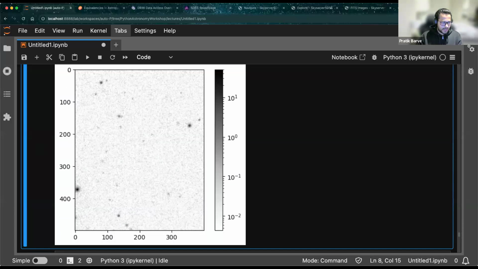Okay, so the next thing I'll quickly show is just one last thing, false color images. So sometimes it also might happen that